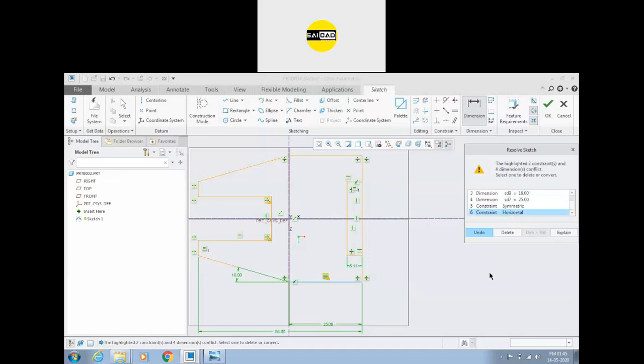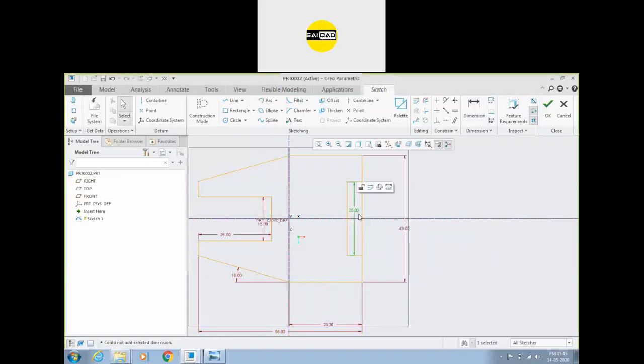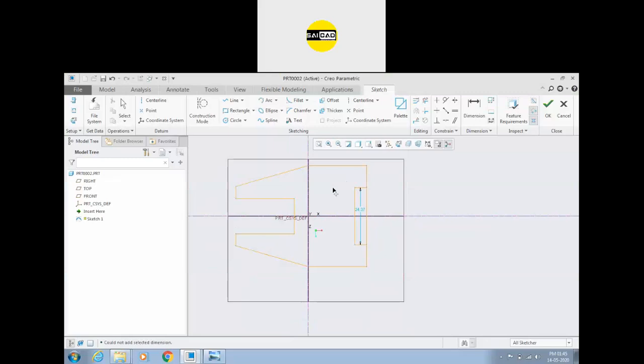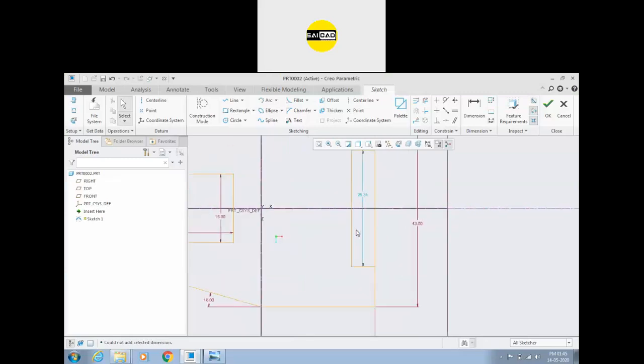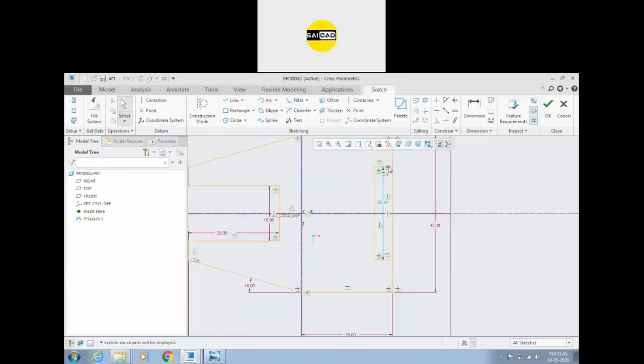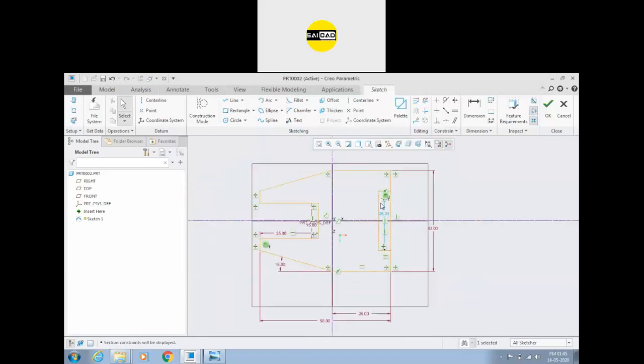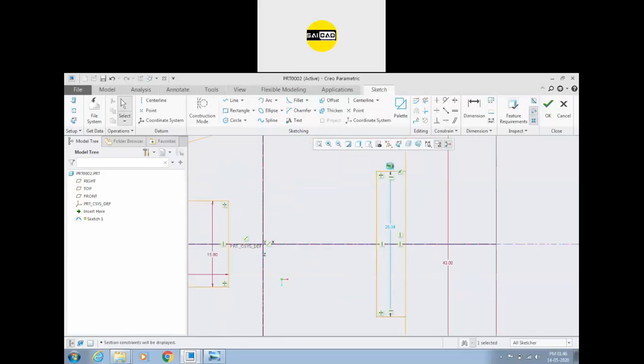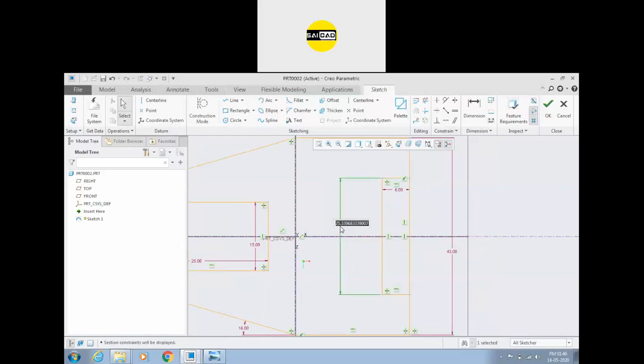We need everything. We don't need this 25 dimension right now, and we can see the object is in a relation somewhere. Show the display relation. We got this equal relation with respect to this. Okay, there is a problem. You can see there is an equal relation, and I have not applied the equal relation. By default it is applied. So we can select the equal relation from here and delete it. Now here is the value. Press the 6. You can define the value 25 from here.